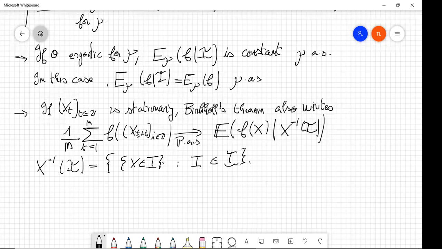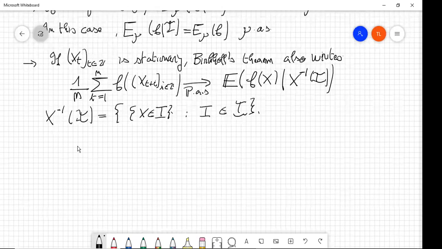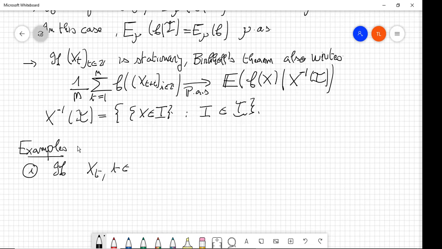So this is a version which concerns the initial probability space on which the stochastic process is defined. In the first version of the Birkhoff theorem, it was on the image space, that is, all concerned the image probability, the distribution of X under P. But if you go back to the initial probability space, you can show that we have this version with the reciprocal image of the invariant sigma field. So I will now give some interesting examples. The first one is the case of IID processes, so if X_t, t in Z, are IID,